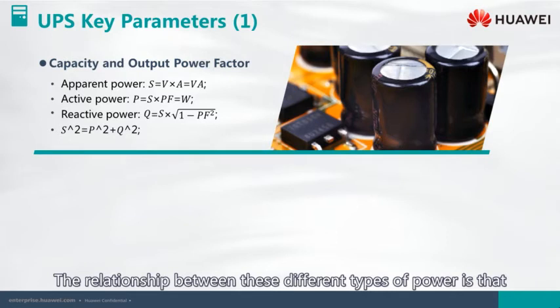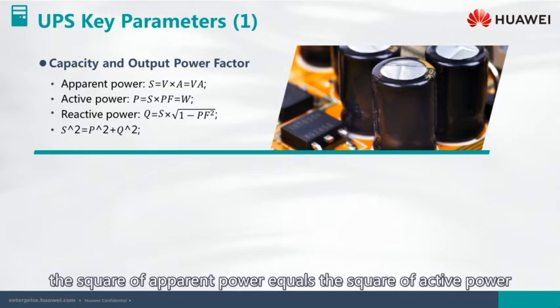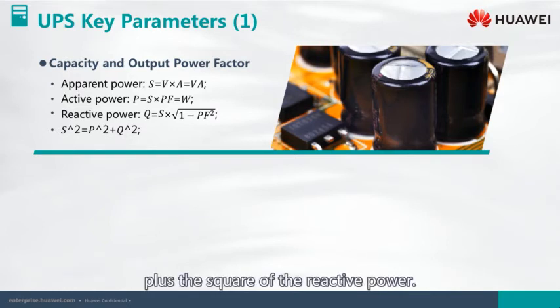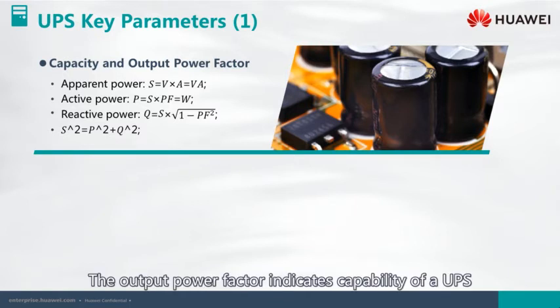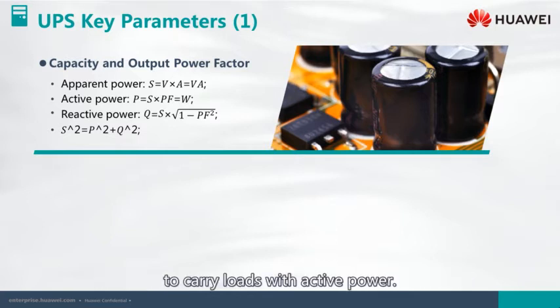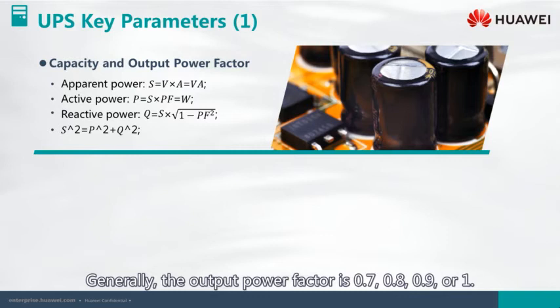The relationship between these different types of power is that the square of apparent power equals the square of active power plus the square of the reactive power. The output power factor indicates the capability of a UPS to carry loads with active power. Generally, the output power factor is 0.7, 0.8,